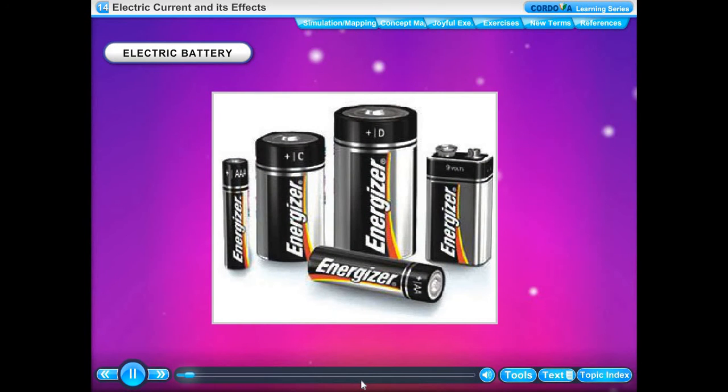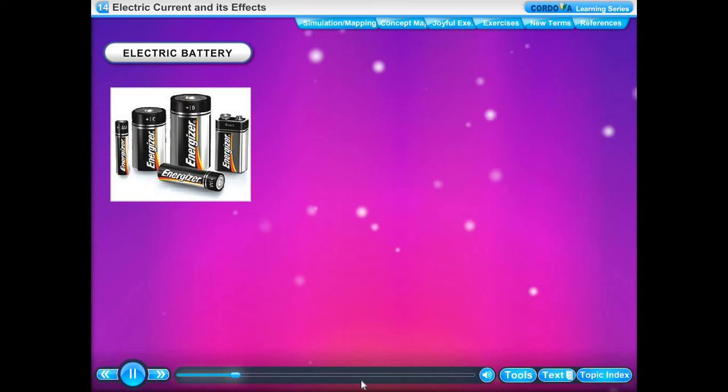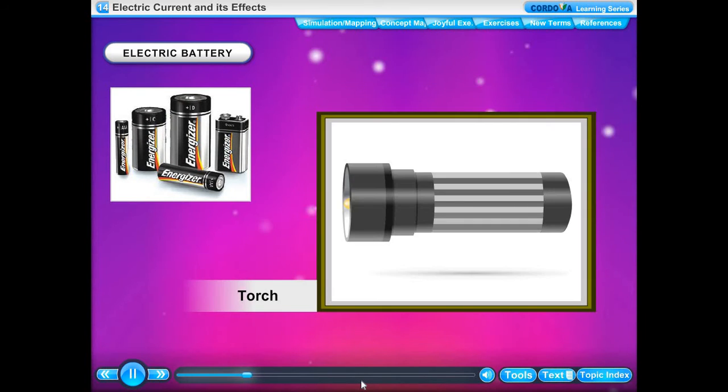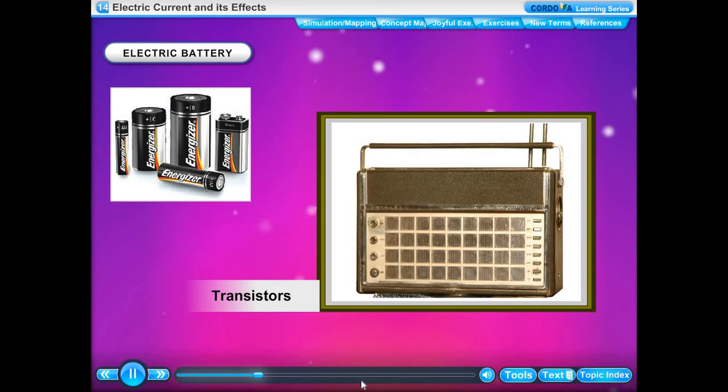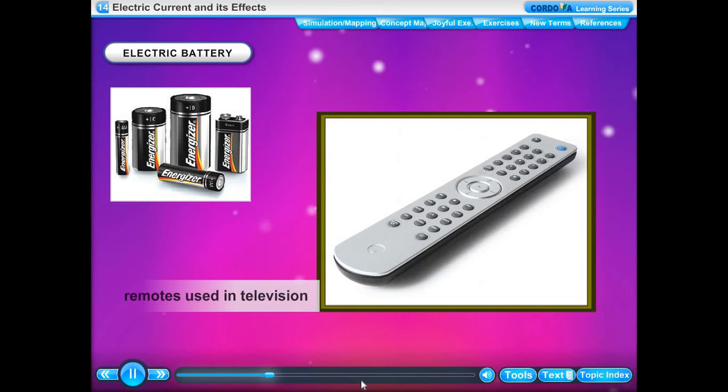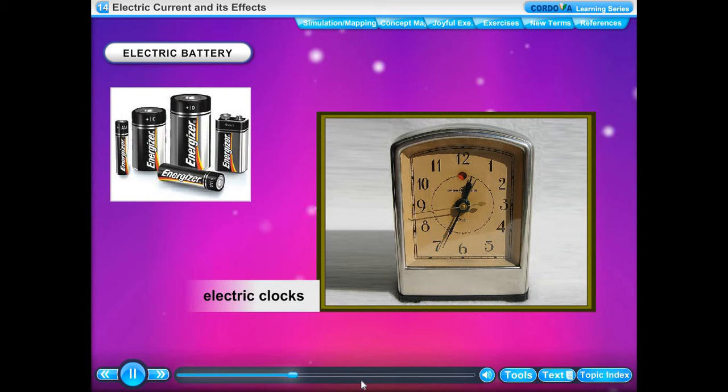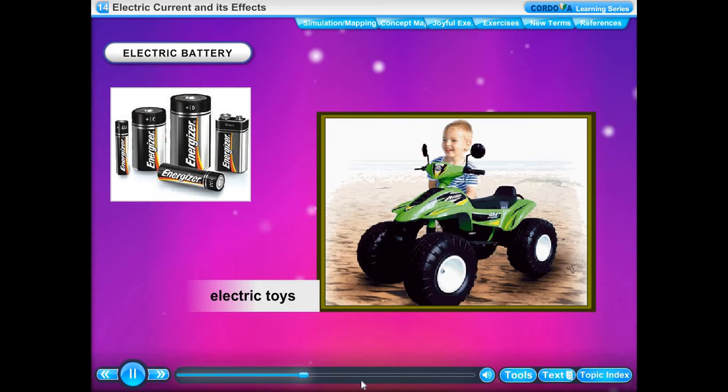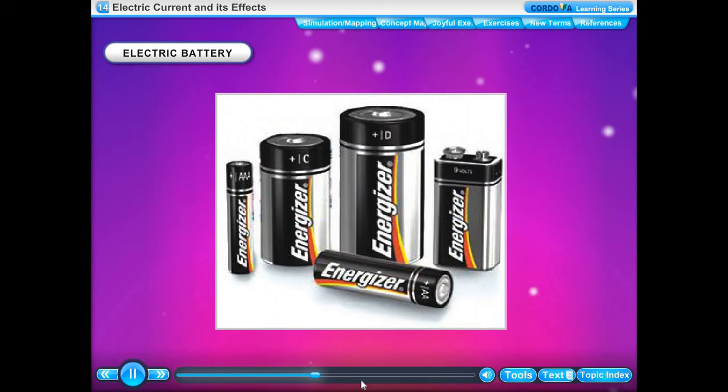The electric cell is a common source of electric current to run a number of devices in our everyday life. Electrical appliances such as the torch, transistor, Walkman, TV remote, electric clocks and watches, electronic toys, etc. work on electric cells. When two or more cells are used to draw an electric current, the combination of cells